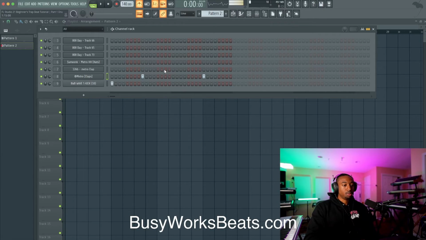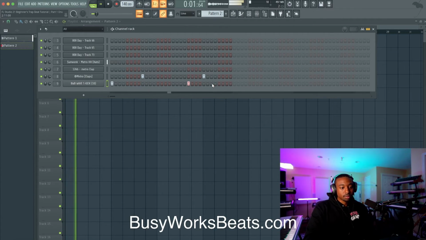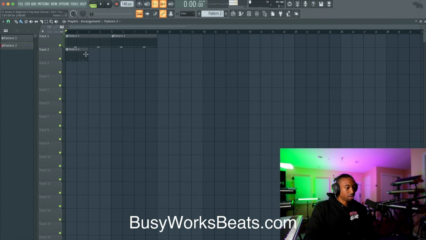Now you can do the boom, boom, clap, clap, clap, clap thing, but it's a little dated of a sound. It depends on the genre. Not really a modern technique, but you could try that if you need more bounce. And now the kick usually goes boom, boom, boom, boom, like that. Okay, so let's grab pattern 2 and repeat it.